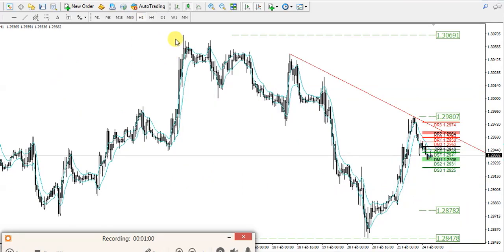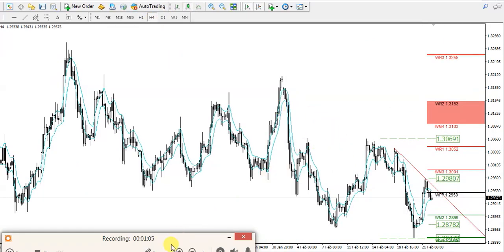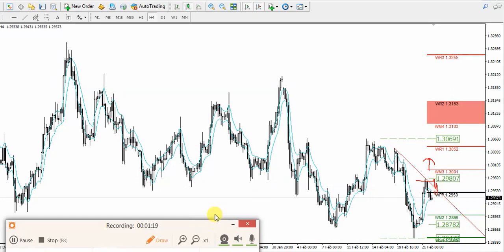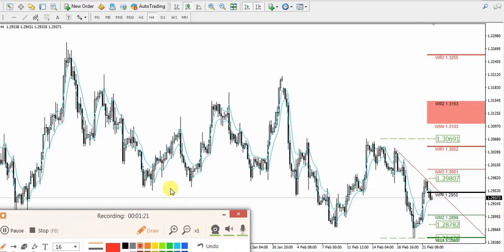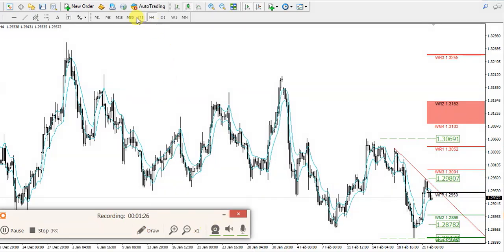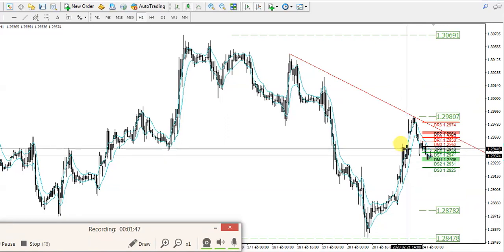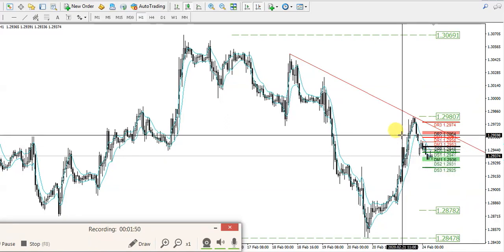For now, I'm looking more bearish than bullish, unless the price shows more strength and also breaks this trend line, also these highs, and then starts going higher. Then I'll be looking more long than short, but for now I'll be looking for the short side more than a long side. If we get on about 129.50, if the price allows, with this stop of roughly